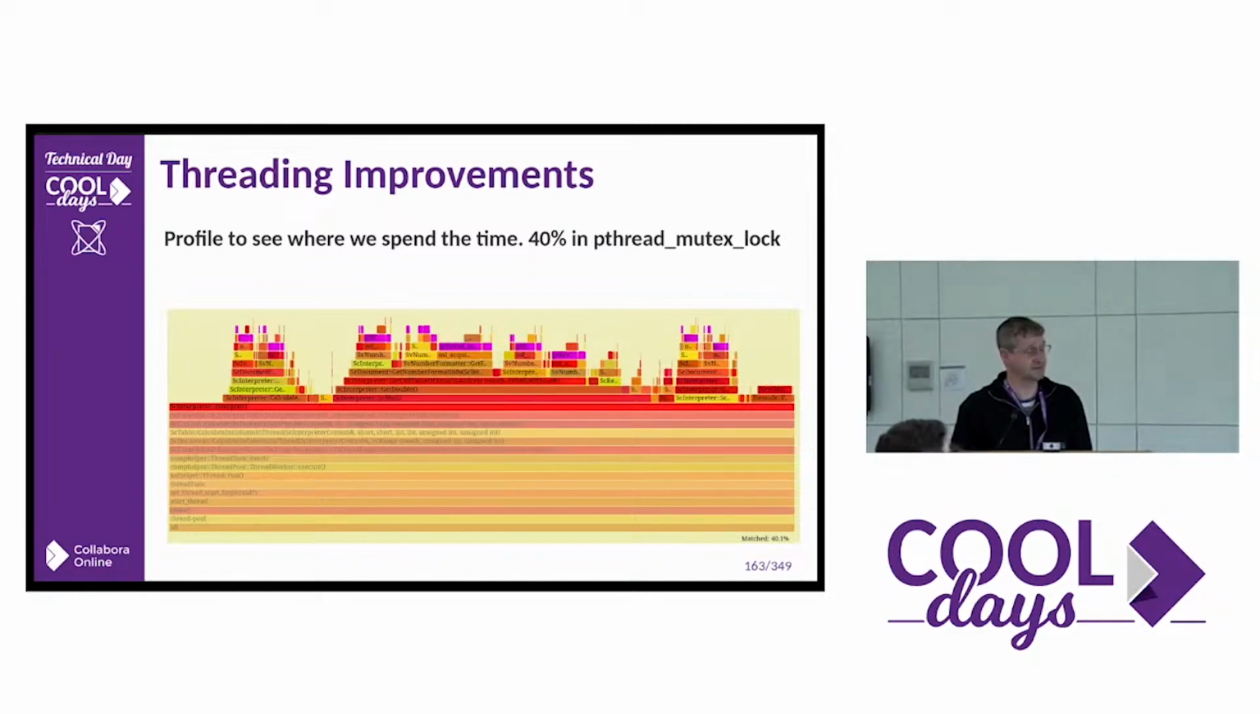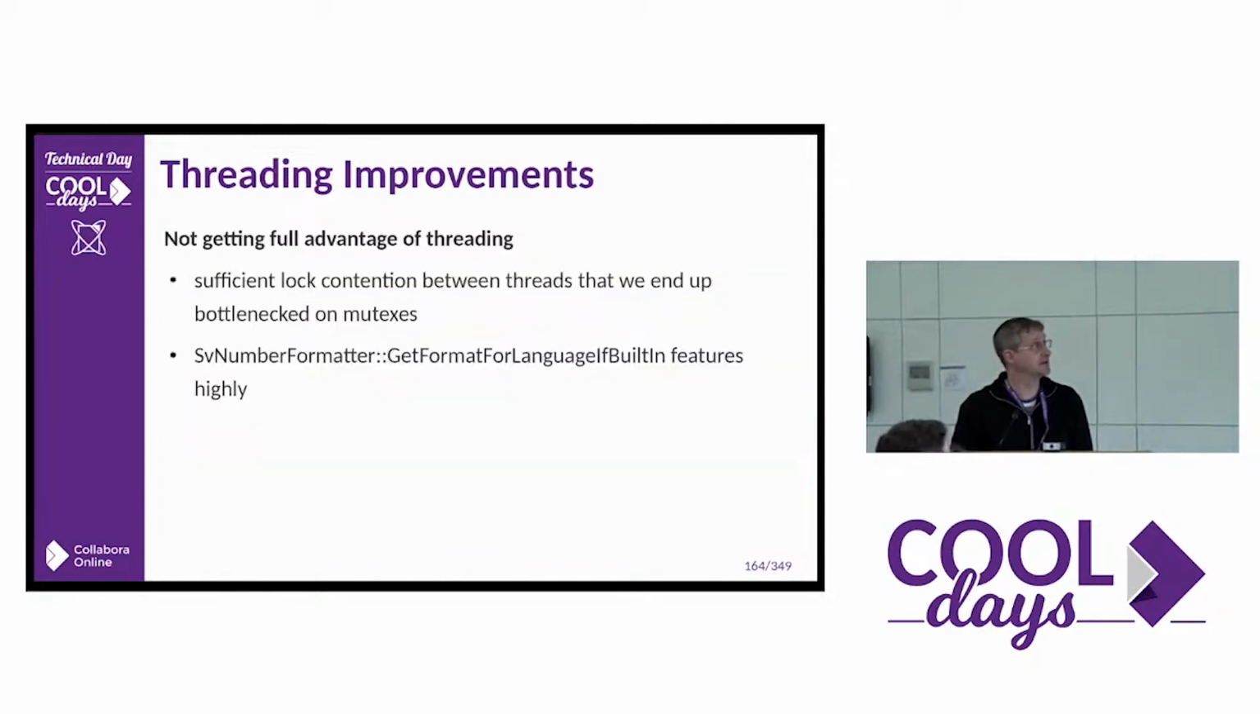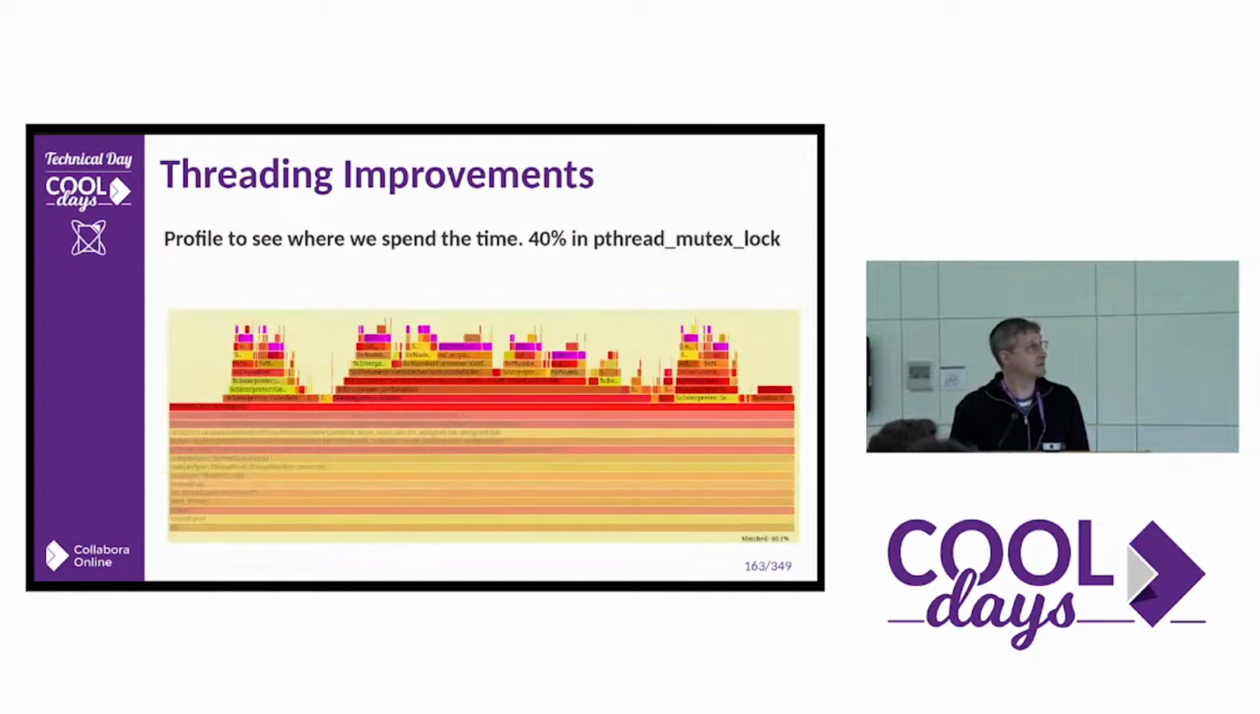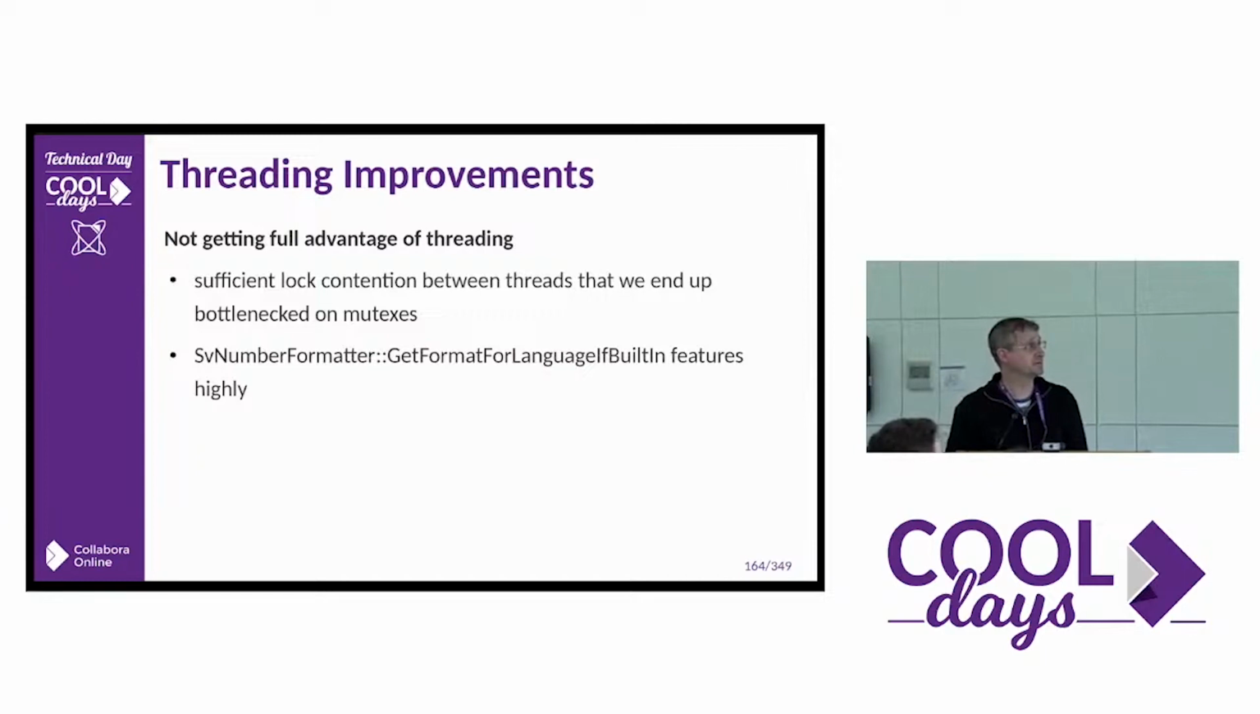We want to try and reduce that as much as possible, but it's a locking issue. And because of it, we're not getting full advantage of the threading. We're spending most of our time waiting on the other threads that are all waiting on each other. So basically, we've gotten in our own way in trying to do our calculations. What shows up on one of the wide bars there is this particular function of get format,